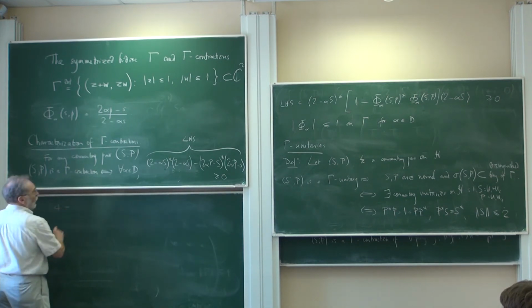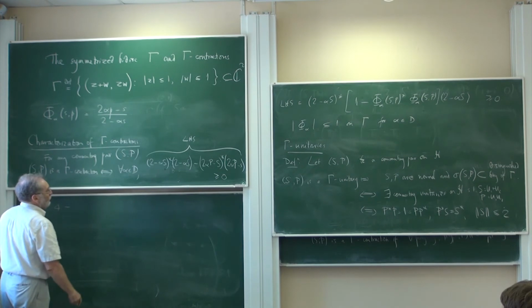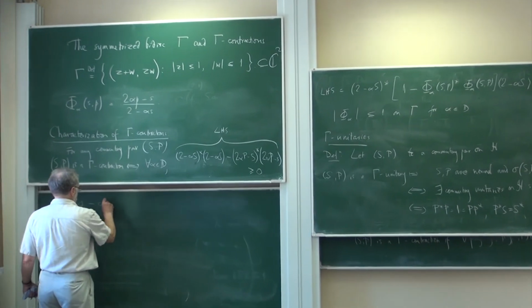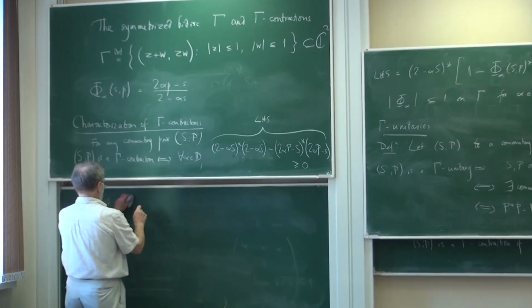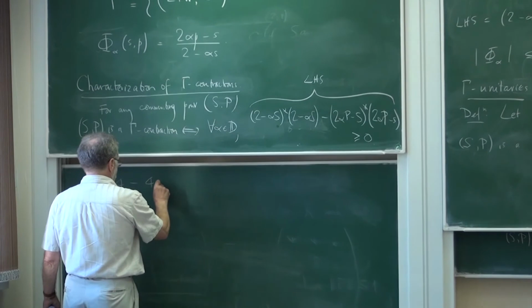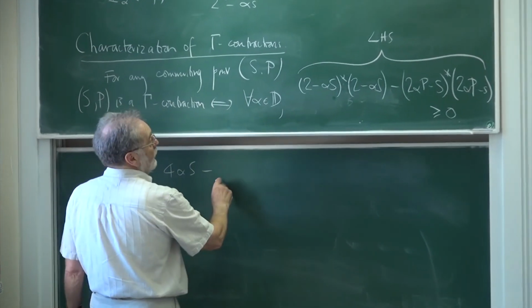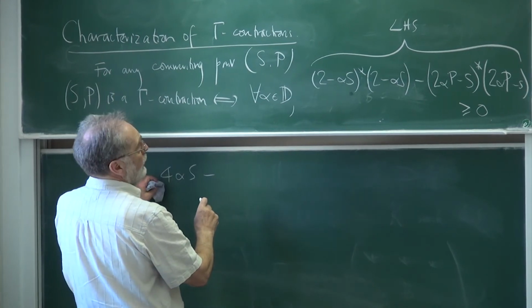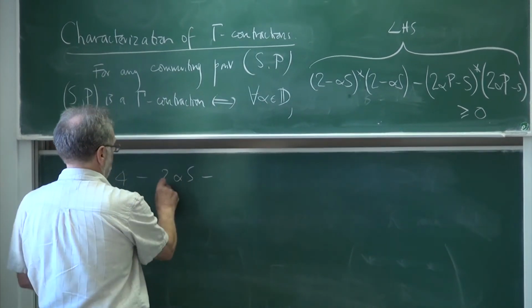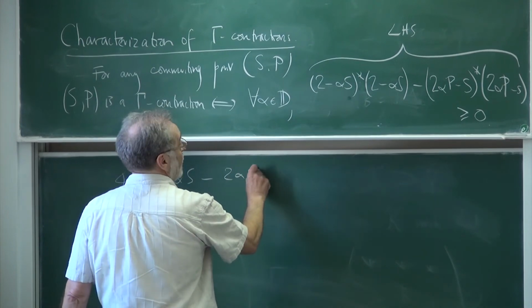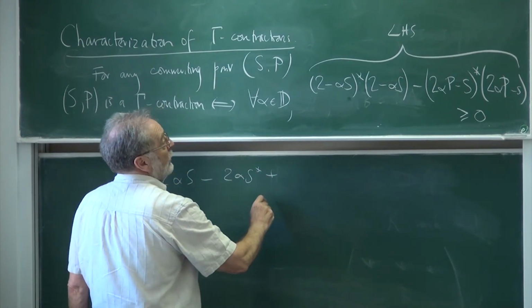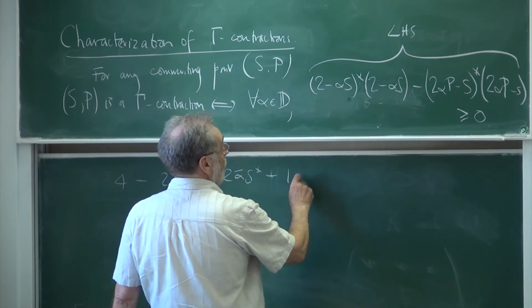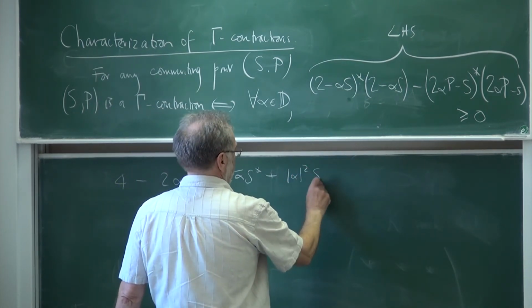We get 4 minus 4 alpha s minus 4. I'm not doing very well, am I? 2 alpha s minus 2 alpha s star plus alpha bar, mod alpha bar s star plus mod alpha squared s star s